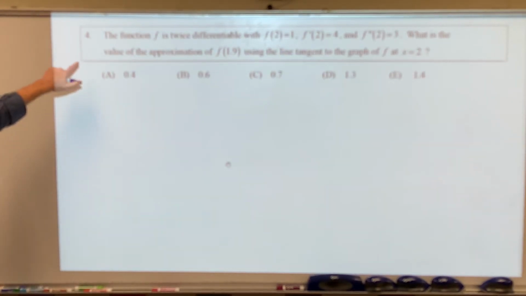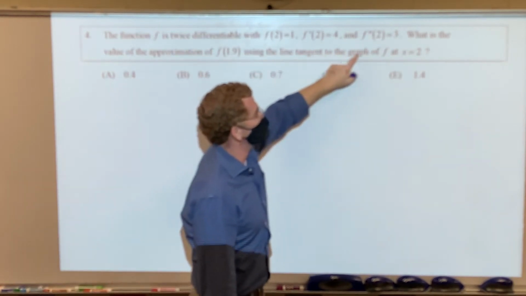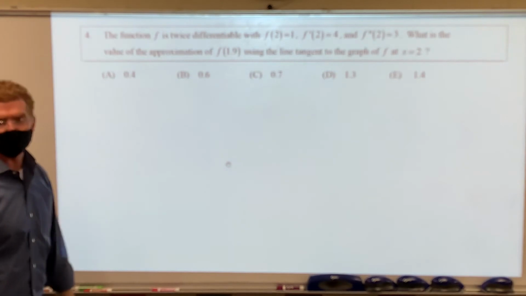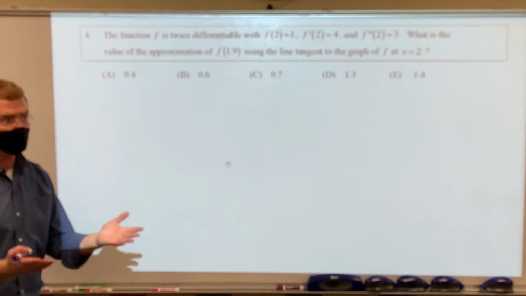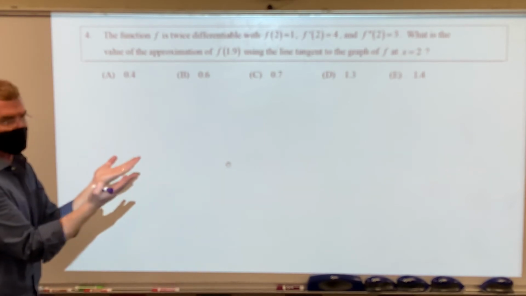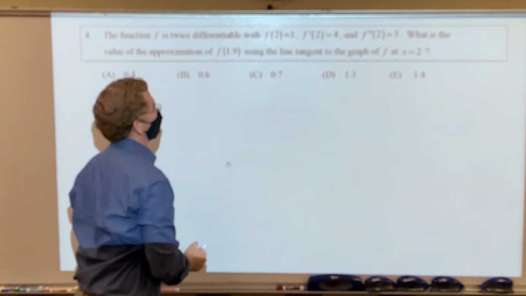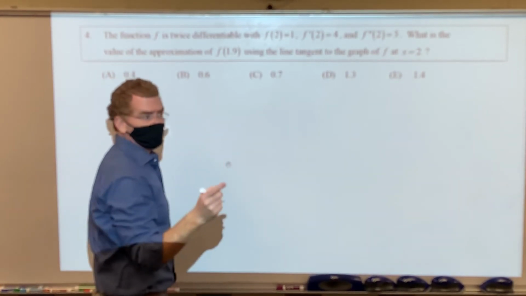So here we go. What is the value of the approximation of that using the line tangent to the graph? So I need to find the tangent line to approximate f(1.9). Well, what's the closest thing you know to 1.9? 2. That's 2, and I gave you all the information you need about 2, didn't I? And even some extra junk. Although I'm going to ask you a second question that's going to use that. Which is also a really great question that a lot of people miss,